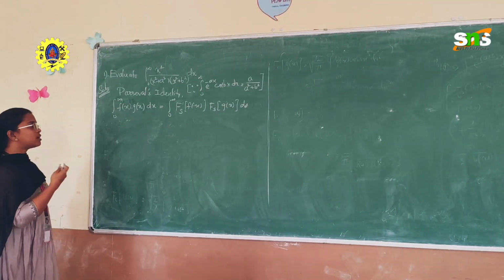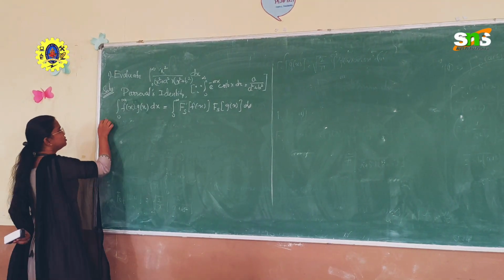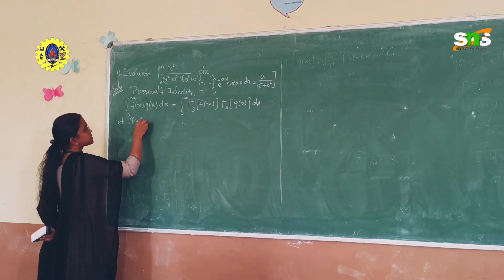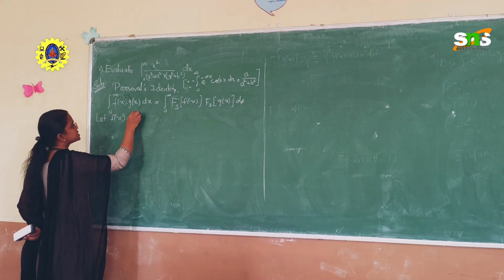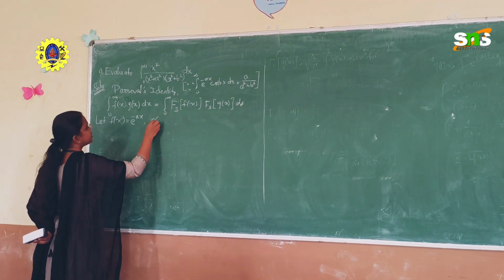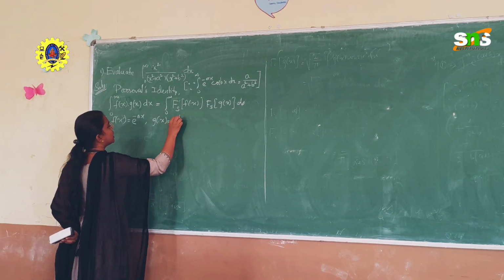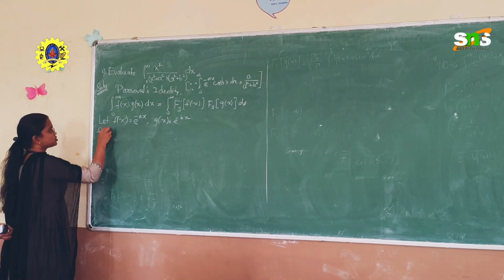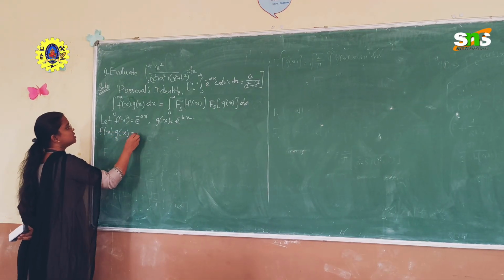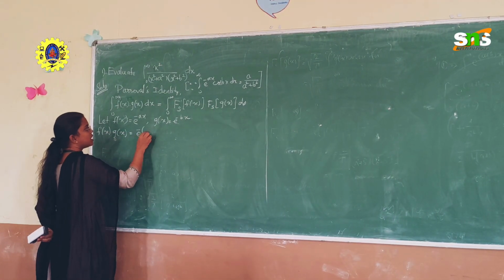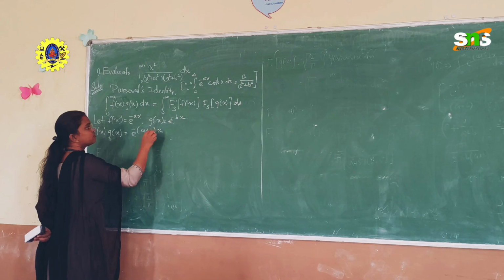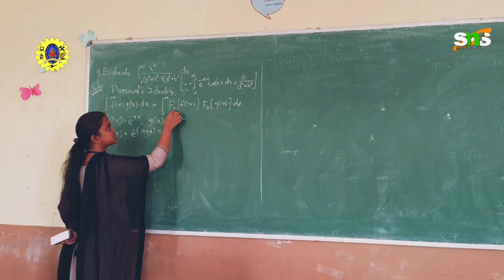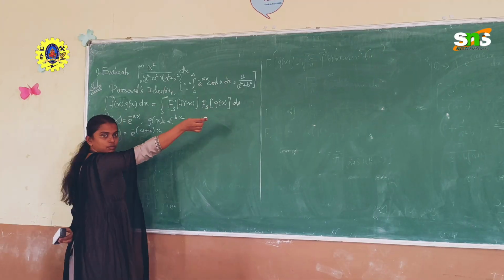So as before, you have to choose f of x and g of x. So here also f of x is equal to e power minus ax, g of x is e power minus bx. Now you have to multiply both the terms, which is f of x into g of x, which is equal to e power minus a plus b times of x, right? So now you have to find Fourier sine transform of f of x, Fourier sine transform of g of x.